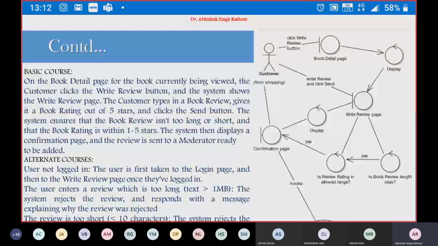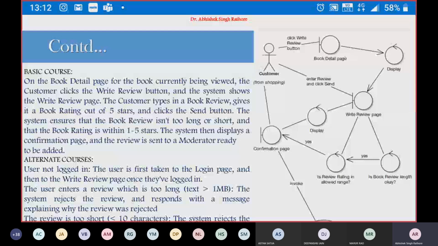When the user clicks the write review button, we have to add the book detail page that is displayed to the user. After entering the review information, the user clicks on send to submit his rating and review.